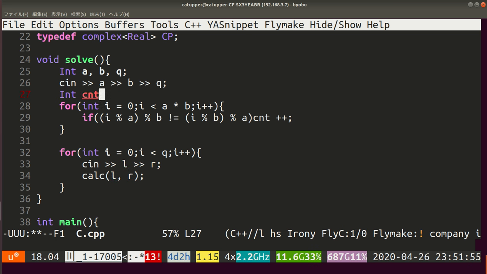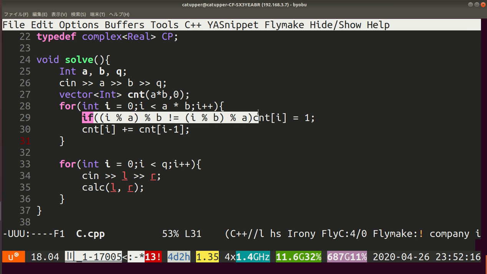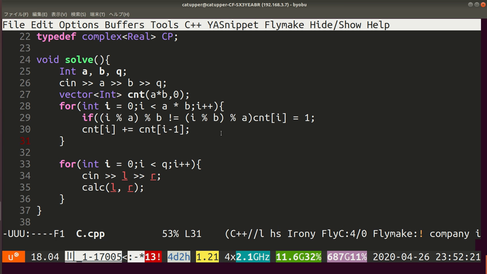Count is a vector of int, count with A times B, all 0. For I equal to 1, count I plus equal count I minus 1. Okay, so count is the sum of such integers, the number of such integers between 0 and I. So when you want to calculate L and R,